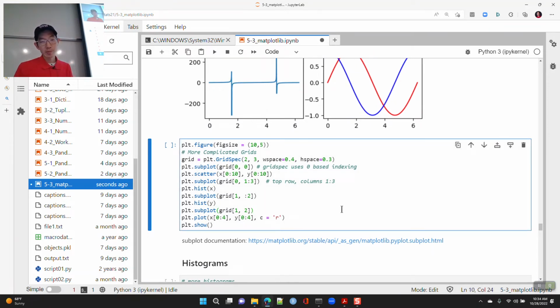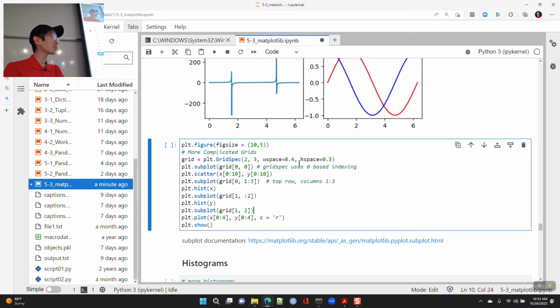You can make more complicated ones with something called grid spec. So you can do plt.gridspec. And so basically grid spec says I want 2 rows, 3 columns, and horizontal and vertical space and stuff like that. The worst part, not the worst part, there's a lot of things worse than this, but with grid spec, it's 0 indexed.